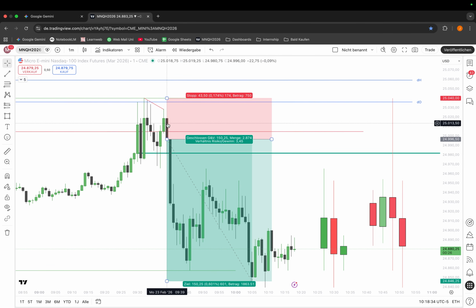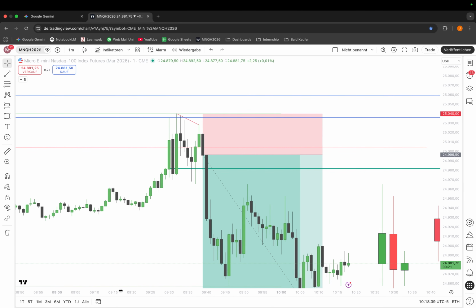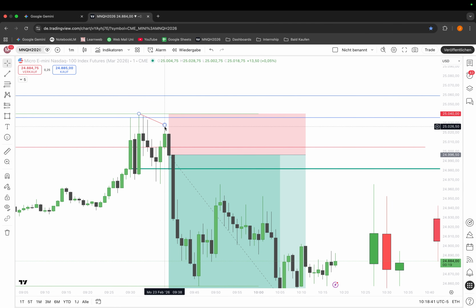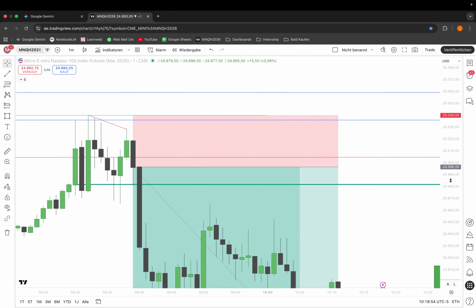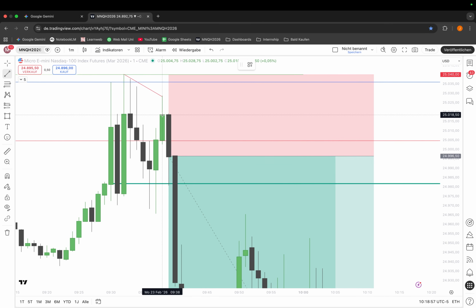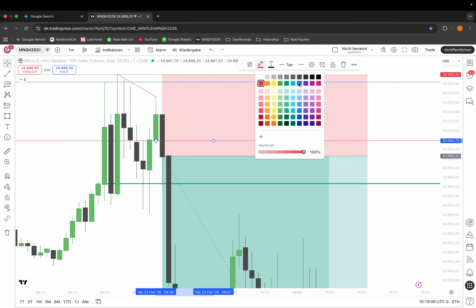So I was just waiting for this 1 minute candle to close down here, because this is how I use SMT confirmation. So some people say, okay, ES swept this high here and NQ did not. And some people would already assume, okay, this is an SMT, but the next candle can still go higher. So what I'm waiting for is the potential SMT candle. So this is the green candle, because ES swept with this 1 minute candle, the previous high here. I'm waiting for the next candle to close below. So you can see here,